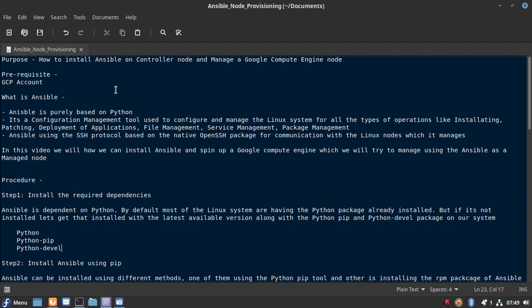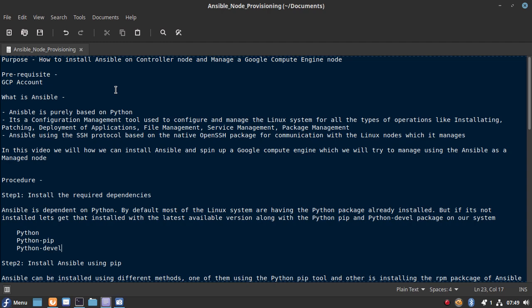All these activities that we carry out on a day-to-day basis are carried out either manually on the Linux system, or there are some ad hoc scripts created which we use to manage the Linux system. But these are error prone and get complex as the number of systems that we manage increases. In this situation, Ansible will help us to manage a large number of Linux systems with ease.